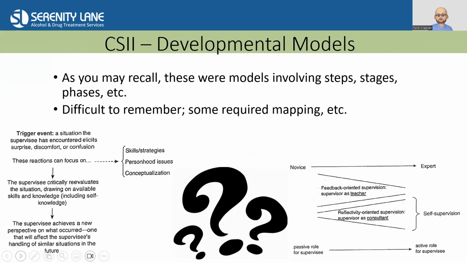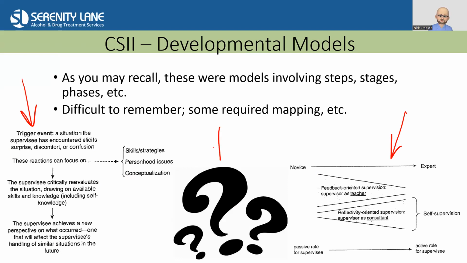Then we have developmental models, and as you may recall, there were many models involving steps and stages and phases and whatnot. It's difficult to remember. Some required mapping. Some of them were 14 phases and 13 stages and 11 steps. It's tough to remember. Here is one of those developmental models, and here is another one of those developmental